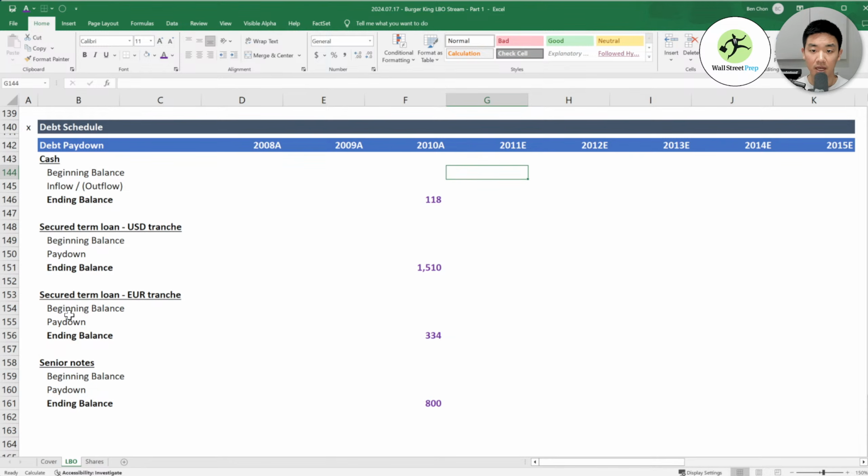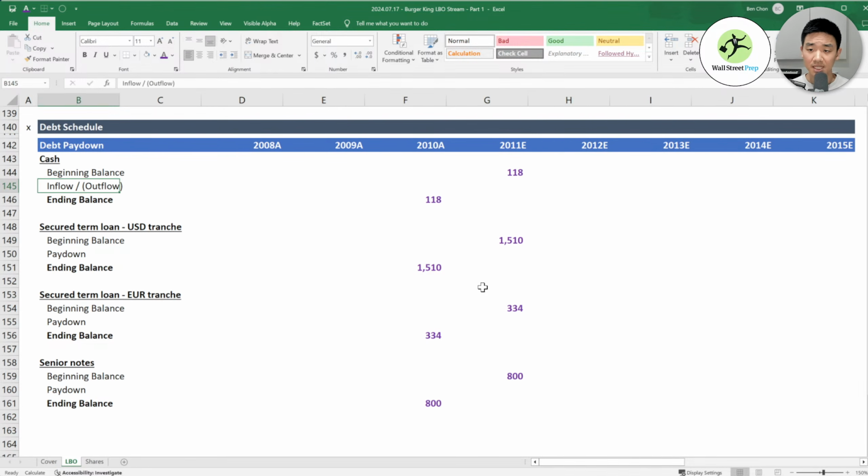Okay, so now we have our ending balance and our beginning balance of our first year of projections. We can do this for our 3 here. And then your interest in your cash: if we were to have built out the 3 statements, then we could add the inflow and outflow here and everything.